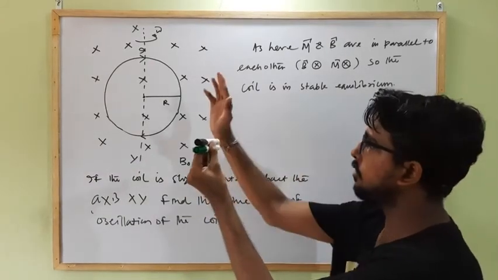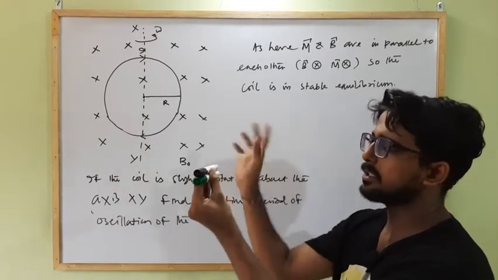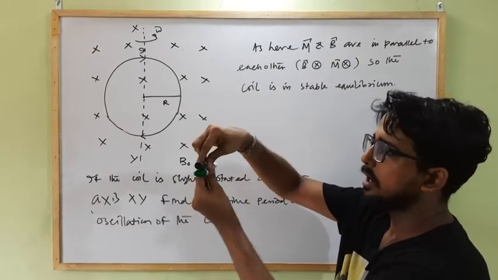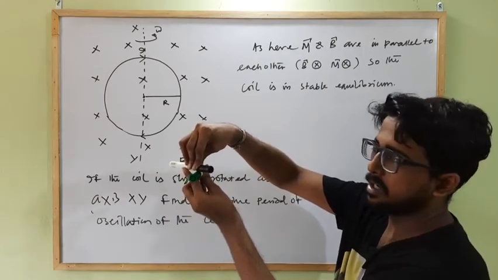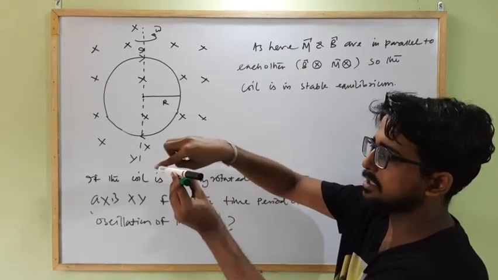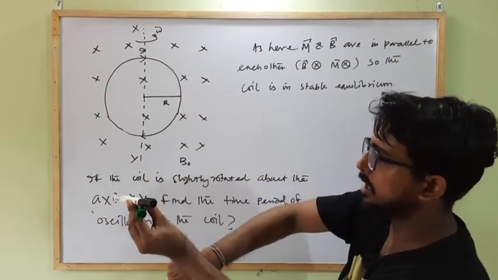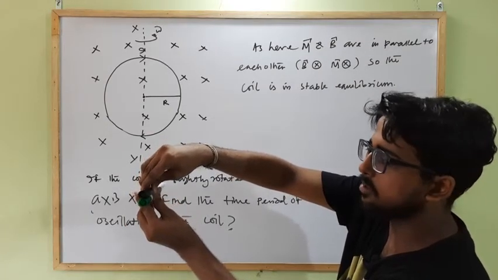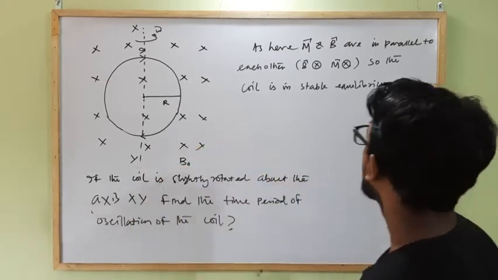Now I am rotating the coil about this axis slightly in anti-clockwise direction by d theta or theta, any angle theta. The magnetic field strength remains constant, but as the coil rotates by theta, the dipole moment is also rotating by an angle theta. So now they will experience a torque, and what is the direction of torque? That is M cross B. So M is along this direction, B is along this direction, so M cross B. The torque will be acting downward and it tries to regain its initial position, and due to inertia it will again come along this direction, so it will start oscillating like this. Clear? So what will be the time period of oscillation?